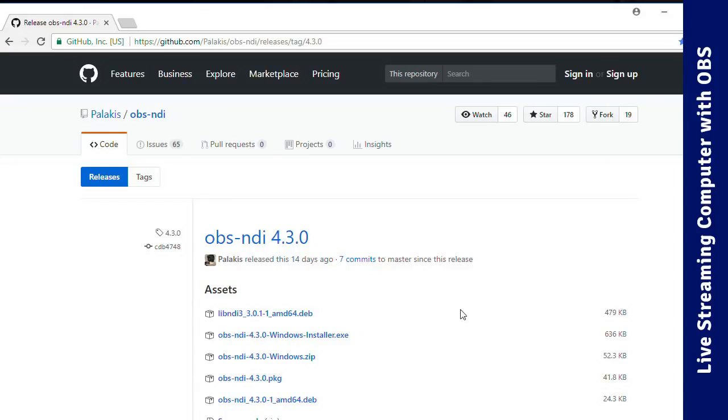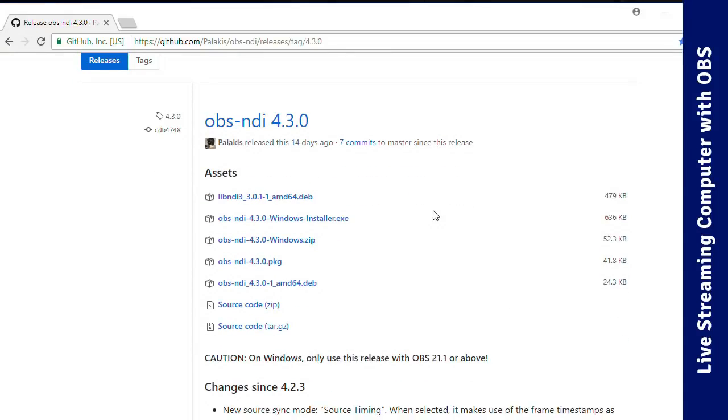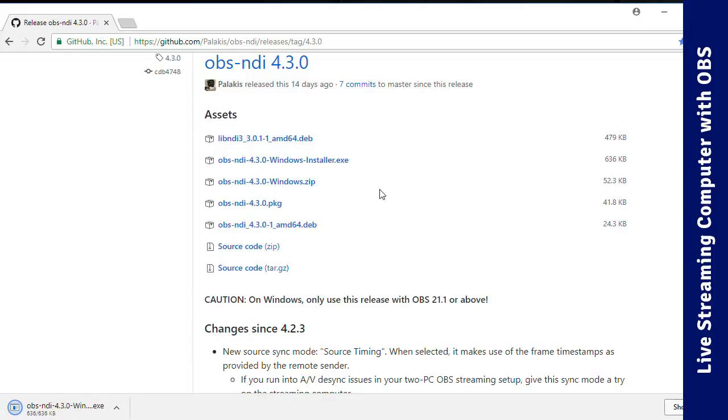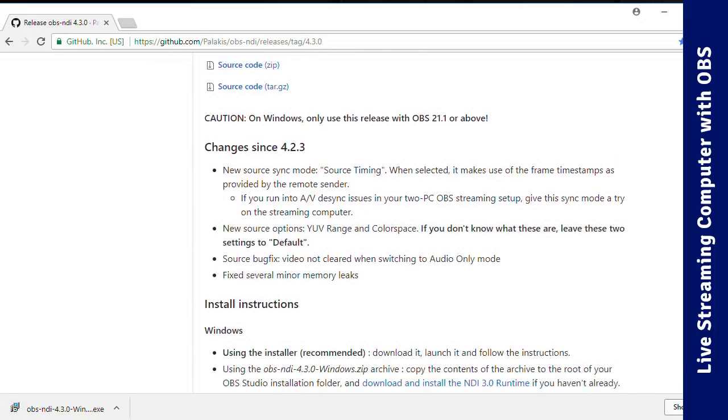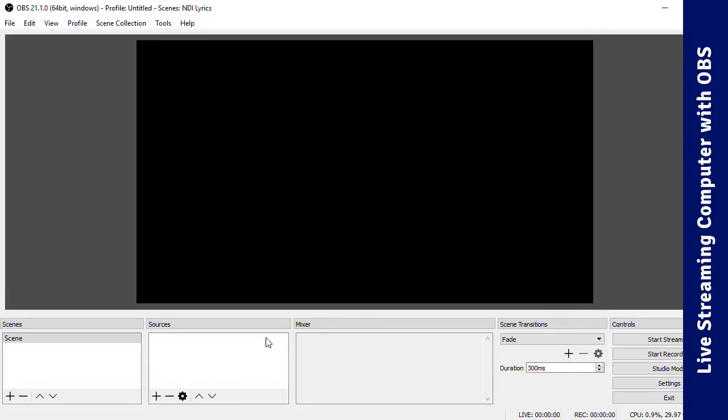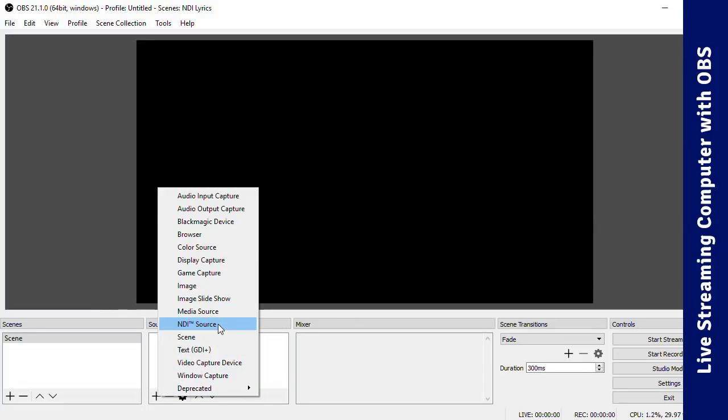Okay, let's go through this step by step. First, we need to get all the software that we need to make this work downloaded and installed. OBS doesn't come with NDI capability by default yet. You've got to install an add-on plugin that will enable it. To do that, you need to download the plugin installer on your computer that is running OBS. You'll also need to download and install the NDI 3.0 runtime. Once those are installed, launch OBS version 21.1 or newer, and you should see the option to add an NDI